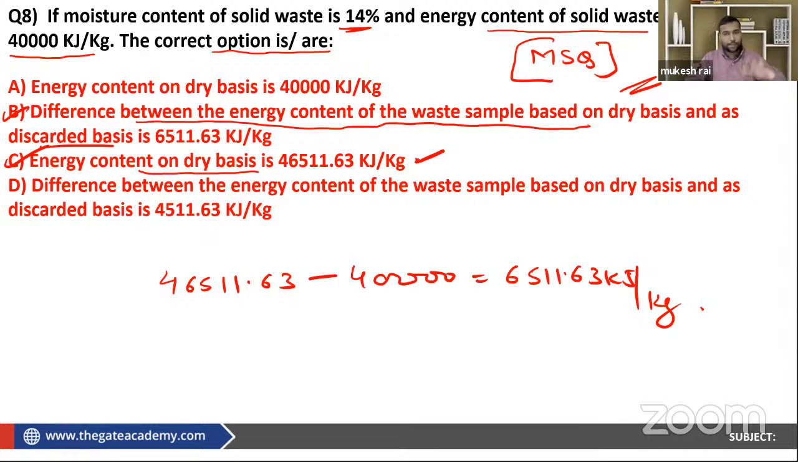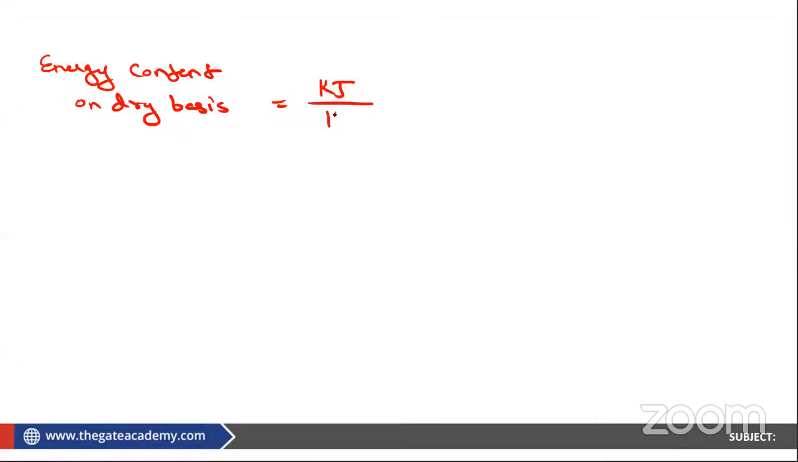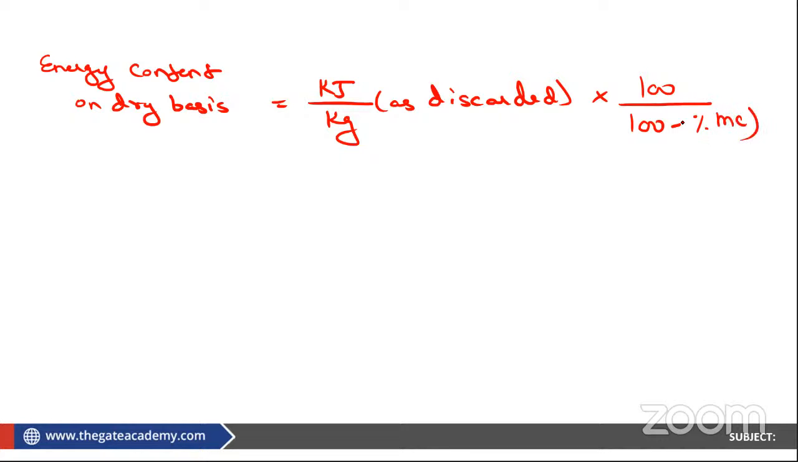Now, what is the complete step of solving this type of question? We need to solve this question. First of all, we have to calculate the energy content on dry basis. On dry basis, it will be equal to the energy in kilojoule per kg as discarded, and we need to find it for the dry basis. So we need to find the total dry content, which will be equal to 100 upon 100 minus moisture content in terms of percentage. So the total discarded energy is given as